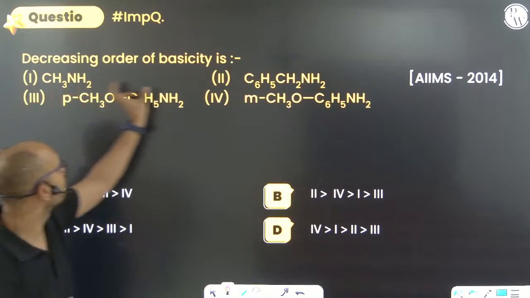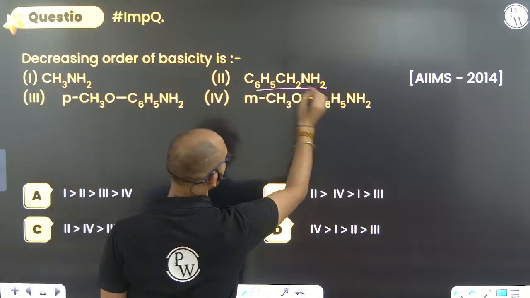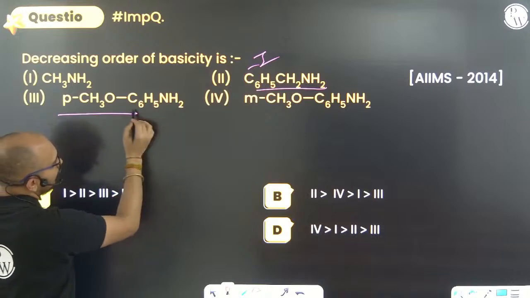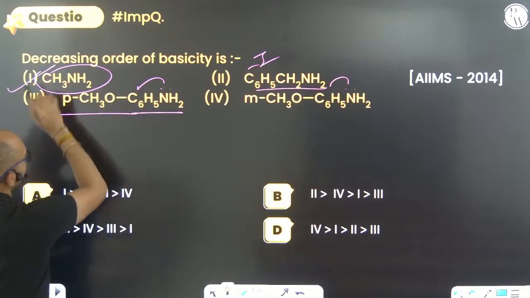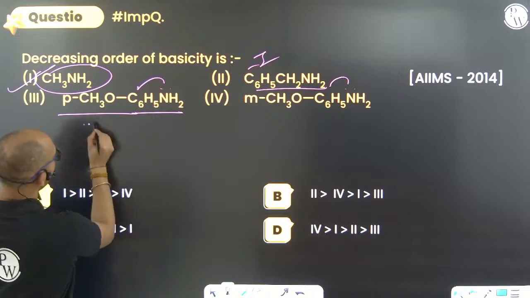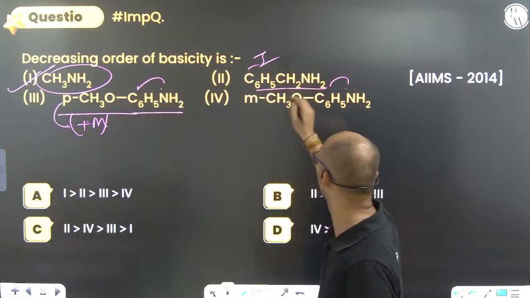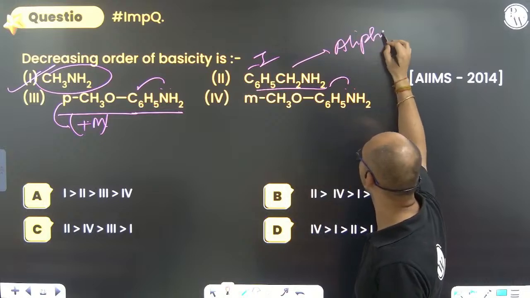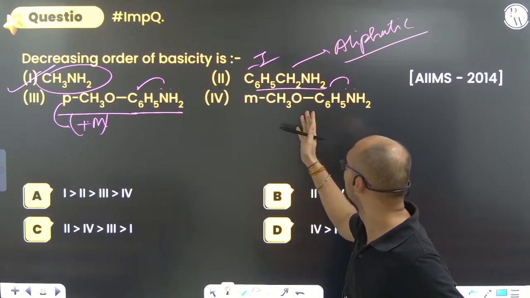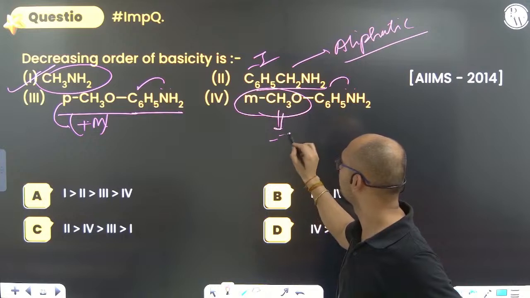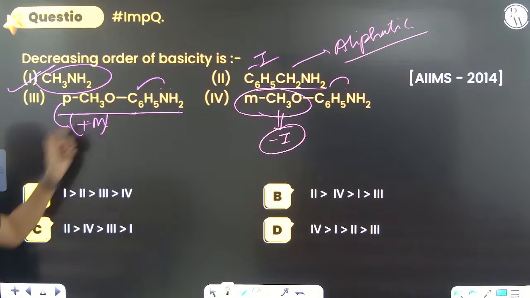next आ जाओ, decreasing order of the basicity again is CH3NH2, C6H5NH2, here it is minus I, छोड़ दो इसको, here it is, anyways it is delocalized, हटाओ इसको, here also delocalized, हटाओ इसको, there it is aliphatic, maximum is 1, after that 1 because there is plus m effect, due to para OCH3 it is plus m effect, here it is minus I effect, छोड़ो इसको, but still anyways it is aliphatic, aliphatic will be more than aromatic, so 1 is more than 2 is more than 3 is more than 4, because यहाँ पे at meta position CH3O will give minus I effect, it will decrease the basic strength। okay, so 1 is more than 2 is more than 3 is more than 4, option A is the correct option।